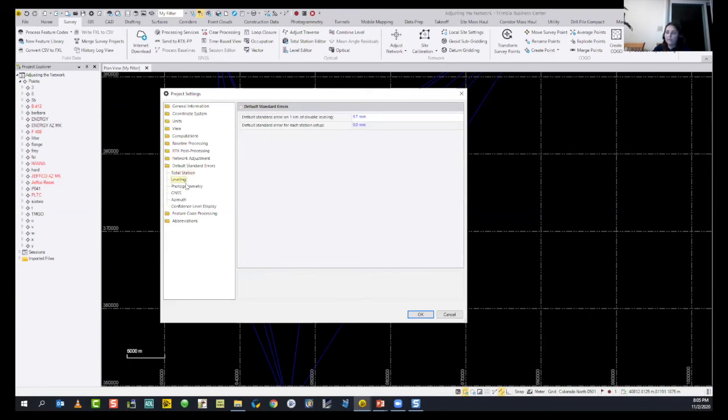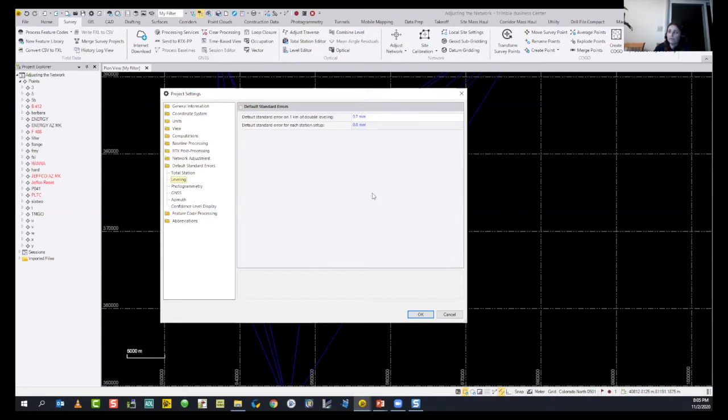Under leveling, since we brought the level data into the project too, I can also include those level data in my network adjustment. I add them and I can set the errors. Default standard error on 1 kilometer of double leveling. This kind of setting is generally given by the manufacturer, by vendors.